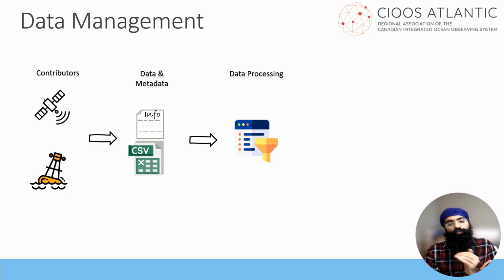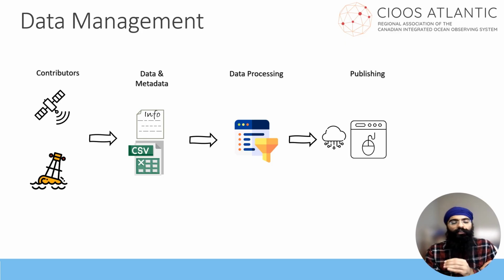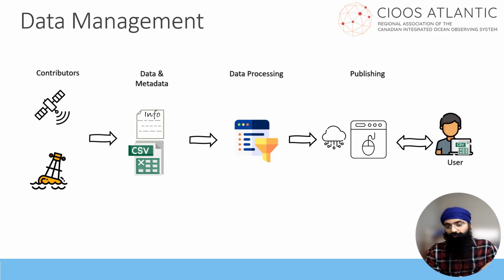That goes into data pre-processing, where different things are checked: the validations, whether there are outliers, what format we need, transformation, cutting outliers, and data quality checking. All these things are done in the data processing step. The next step is that the prepared data is published on the online portal for the user. The user can interact with the published data, harvest it, and download whatever region and fields they want.